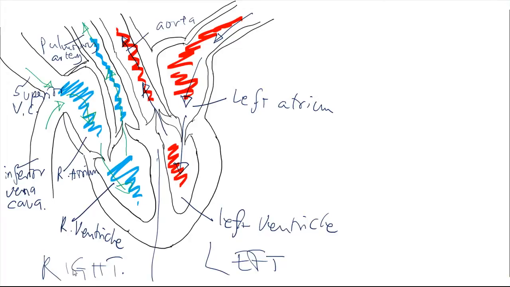Next are the arteries and the atrium and the ventricles. Very simply, the top part is the atrium, lower part ventricle. So this will simply be right atrium, left atrium, right ventricle, left ventricle. How does the blood come in? From the vena cava, which is just a big vein, superior from the upper part of the body, inferior from the lower part of the body, into the right atrium,